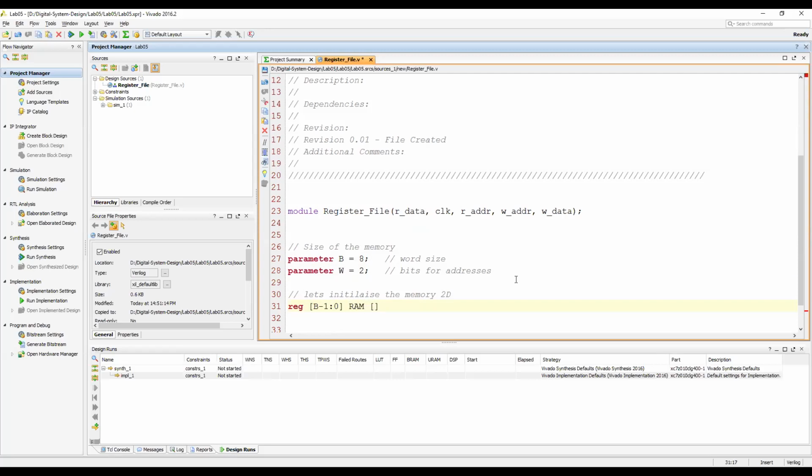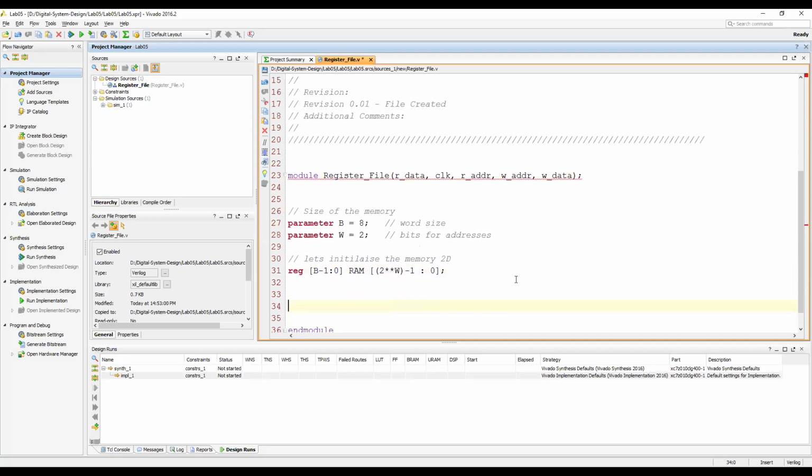And then I'm saying what is the number of words? The number of words will be 2 raised to the power W, and it will become 4, minus 1, and 0, right? So this is the two-dimensional memory defined, and now we need to define the reading and writing logic.